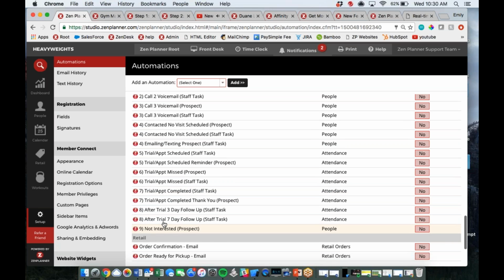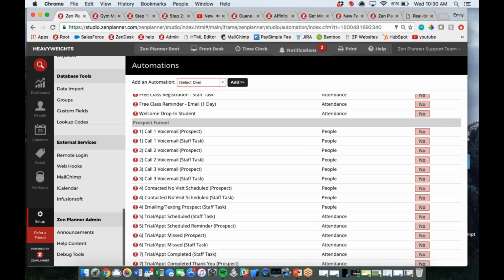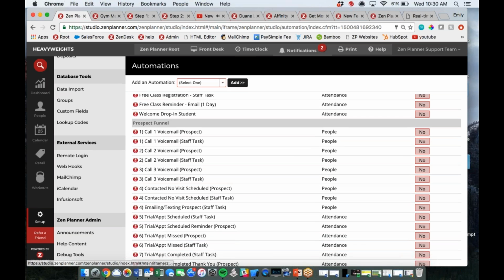So before I can even turn these guys on for you, I need to show you guys where you can go to customize what statuses you want. We're going to go down to this setup area, down to database tools. So earlier we were in custom fields. That's how we created those custom questions. Just below that is this